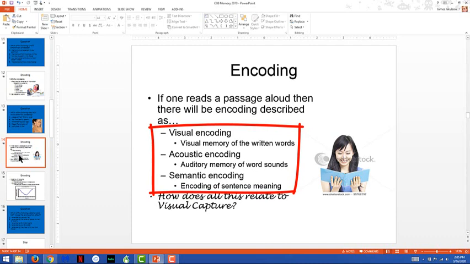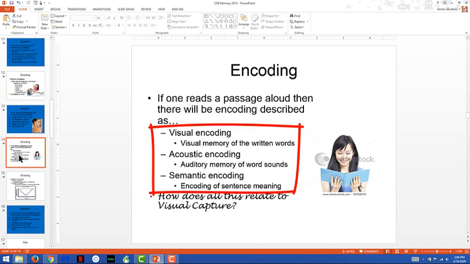Semantic encoding is, of course, you don't have any semantic receptors. The semantic is a combination of activity in your brain that gives meaning through symbolic processing. It's a part of that symbolic processing system that we talked about before. And why this information is related to encoding is because